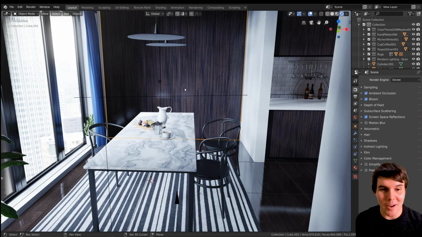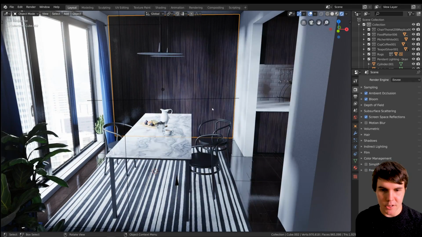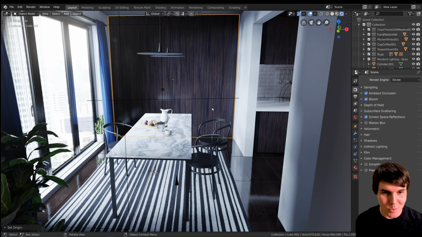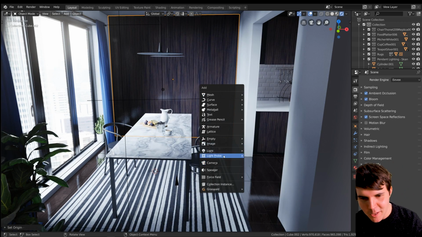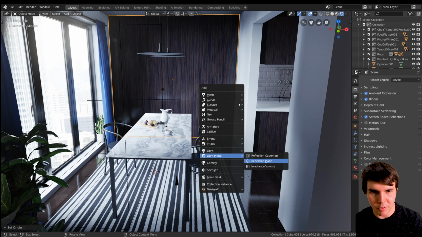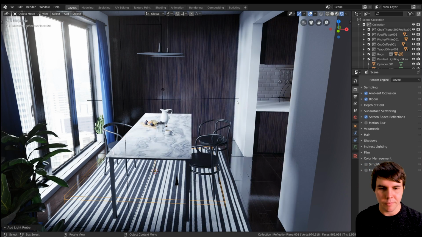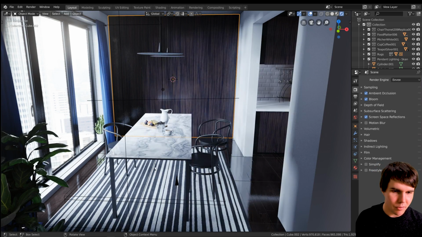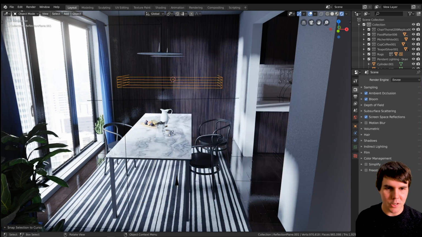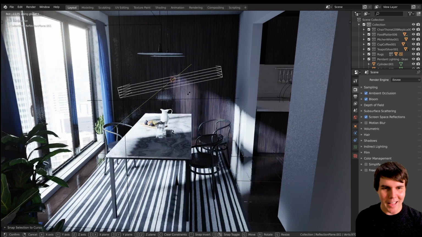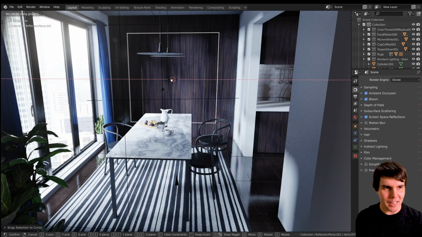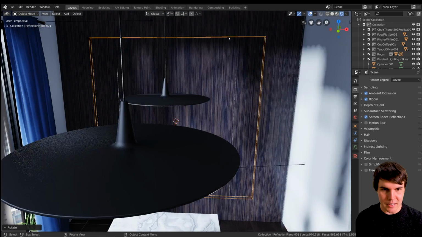What I want to do is add another reflection plane right there. So actually, let me just clear the origin. There's not yet a hotkey in 2.8 for clearing the origin, which is annoying. But anyway, I'm just going to add a reflection plane right there. Oh, okay. Cursor to selected, reflection plane, go to selected. There we go. And rotate this along the x-axis so that it is like that,